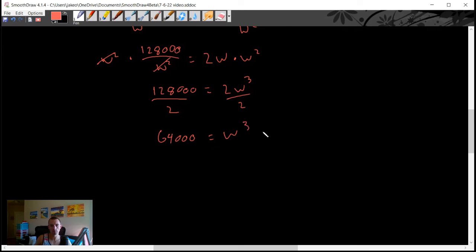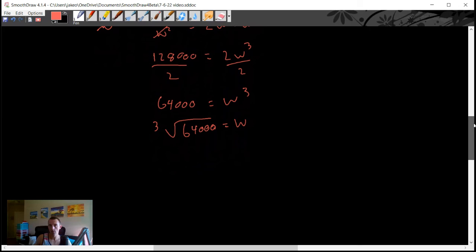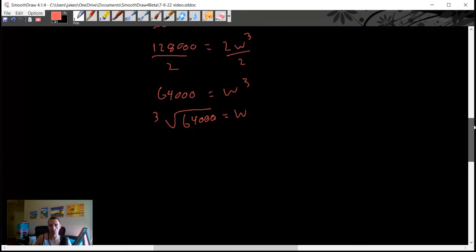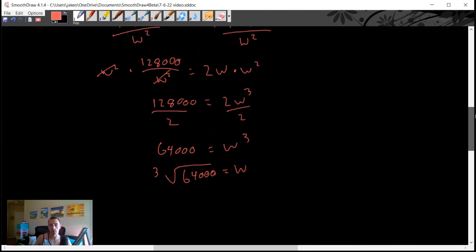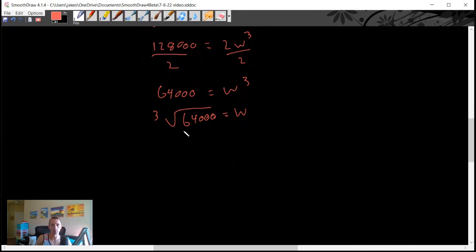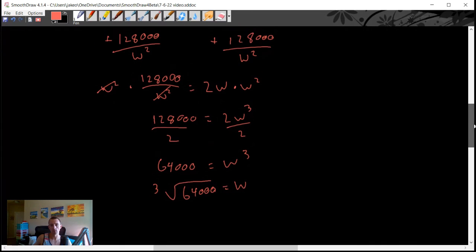equals W cubed. And then we can take the cube root of both sides, giving us W equals the cube root of 64,000, which you can just plug into a calculator. However, I believe, no, that might not be a cube number. But anyway, whatever this number ends up being,